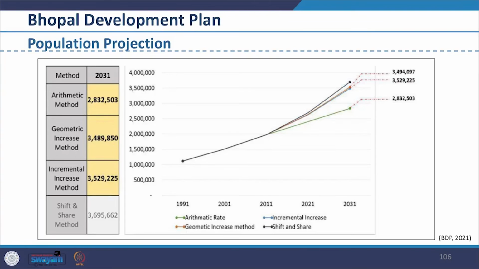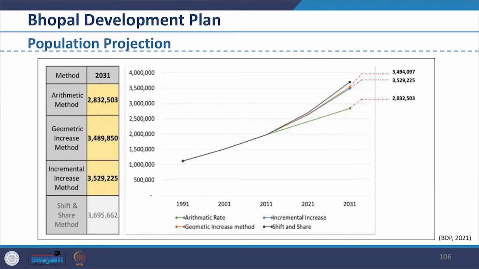In the document, population projection is undertaken. The population is estimated using the incremental increase method, which indicates 35.39 lakhs, approximately 36 lakhs, has been considered as the basis for planning the city for 2031. As per the document, if the current growth trend continues, the total population in the planning area is expected to go up to 26 lakhs by 2021 and 35.39 lakhs by the year 2031.